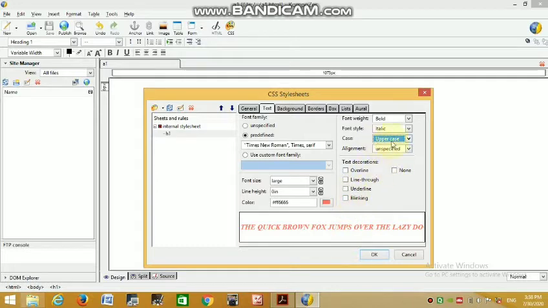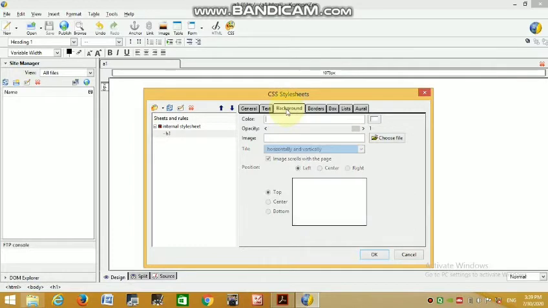Some additional settings: overline, see this, line through, a line between the text, underline, blink means the text is blinking, you can see in preview, or none. We just select underline. Okay.